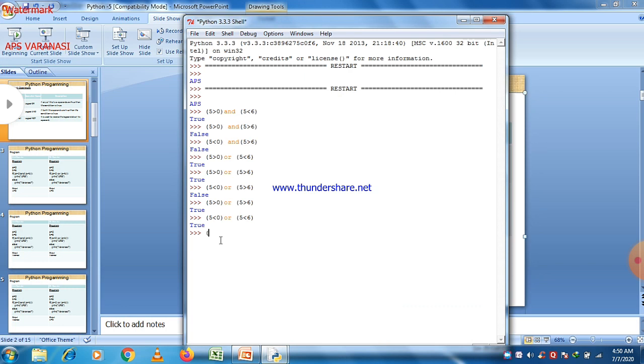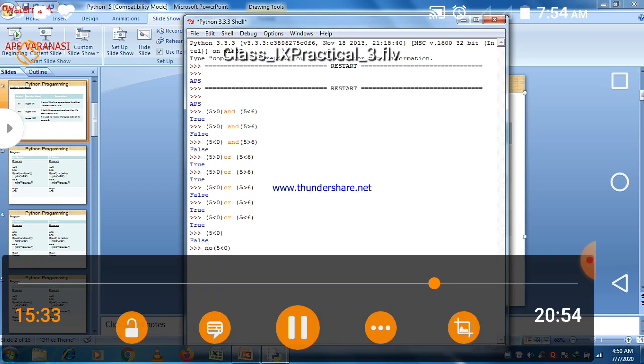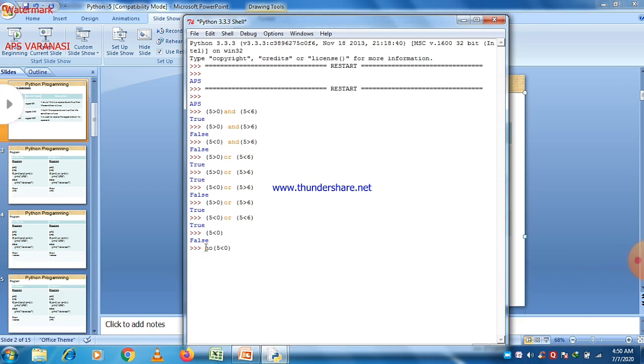Just go to the prompt here and write a condition. And the condition says 5 is greater than 0, 5 is less than 0, and 5 is less than 0. So if we execute this statement that if we want to check 5 is less than 0, so obviously result will be in the forms of true and false, because if this statement either true or false, so 5 is less than 0 is basically a false statement, so the result will be false after the execution of that statement.